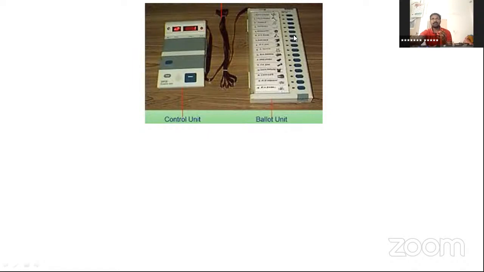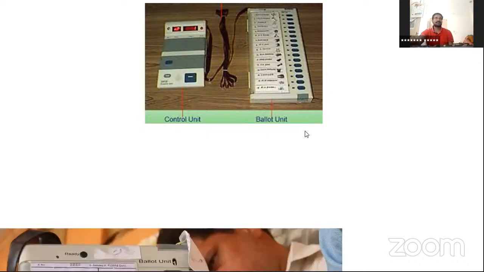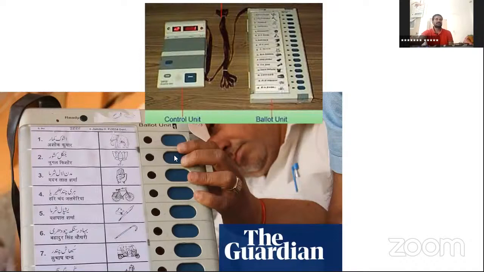If the voter wants to give a vote to this person, this button is pressed, and automatically a beep sound will occur. Look at this, how it is. If you want to give a vote to the first person, you can press this button, then automatically the vote goes to this person. At the time electronic voting machines were introduced, there were only two machines, the control unit and